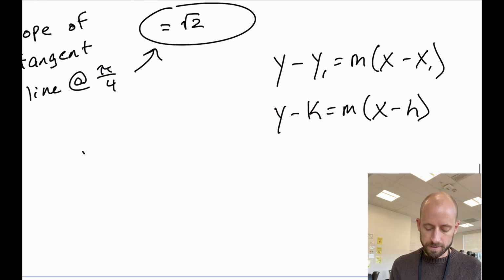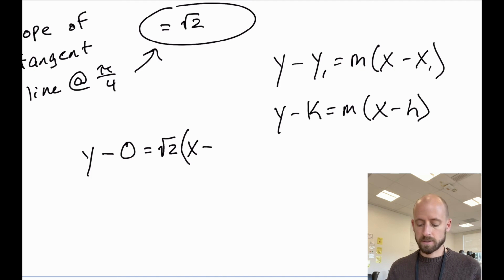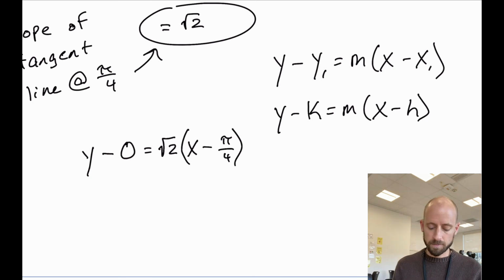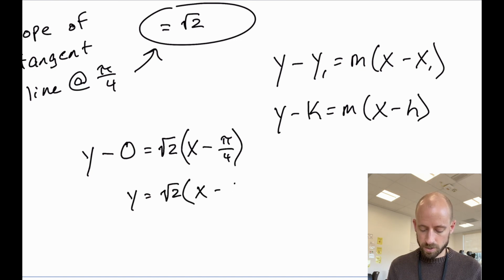So if I'm going to write this out, I would have y minus the y value equals the slope, which we found is square root of 2, times x minus, what was the x value I was going through? Pi over 4. And you subtract those. So if the x value you were going through was already negative, in the parentheses, then we would put x plus whatever that number is, all right? If I wanted to simplify that, I could. This is just fine, since maybe I'll just drop the 0 for now. And this is the equation of the tangent line that goes through that point,